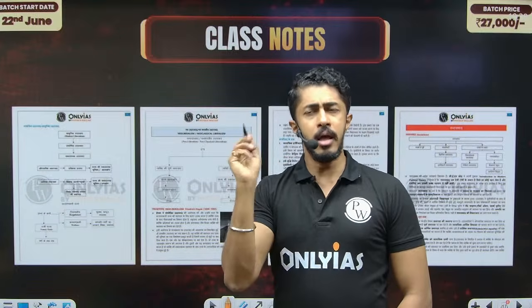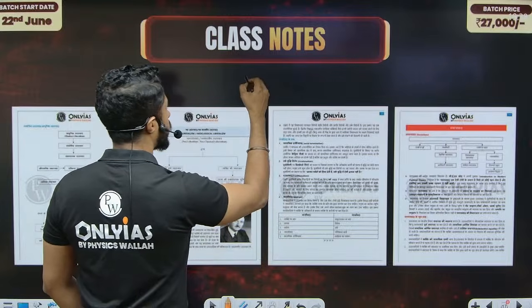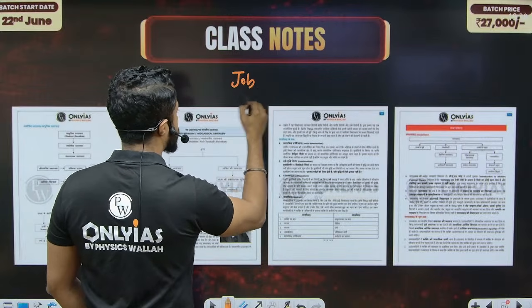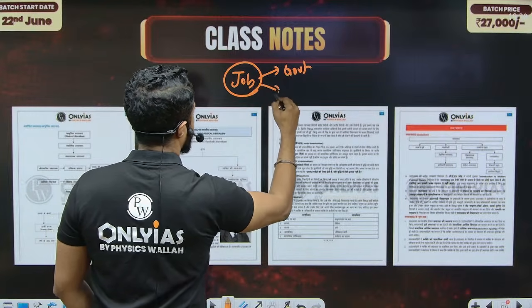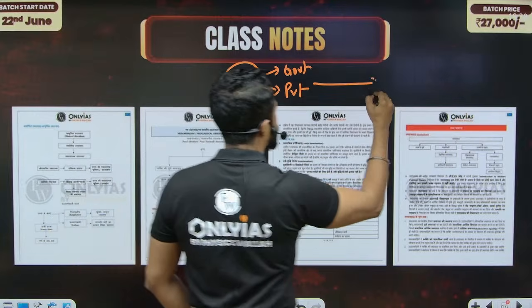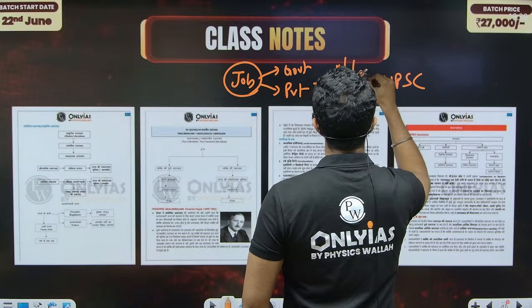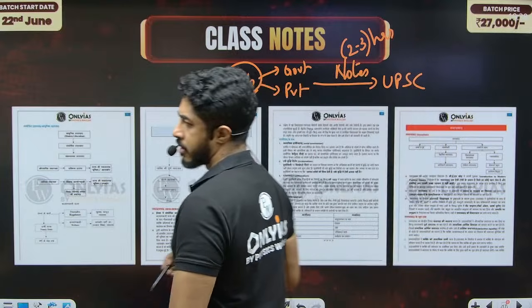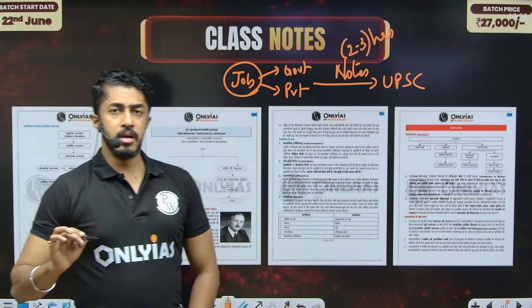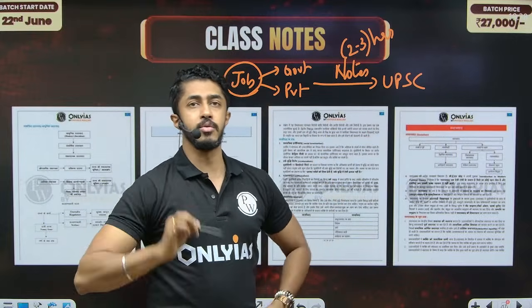Write it down. Because eventually there will come a point where maybe you would have taken up some job in the government sector, or maybe in the private sector. You can still pursue your dream of UPSC if you have your notes, where you will only require 2 to 3 hours of revision every day. Revision is enough. That is only possible if you have all the written notes with you.